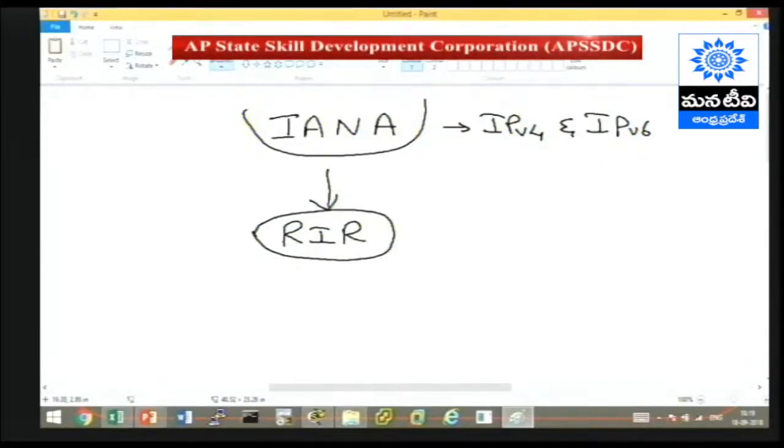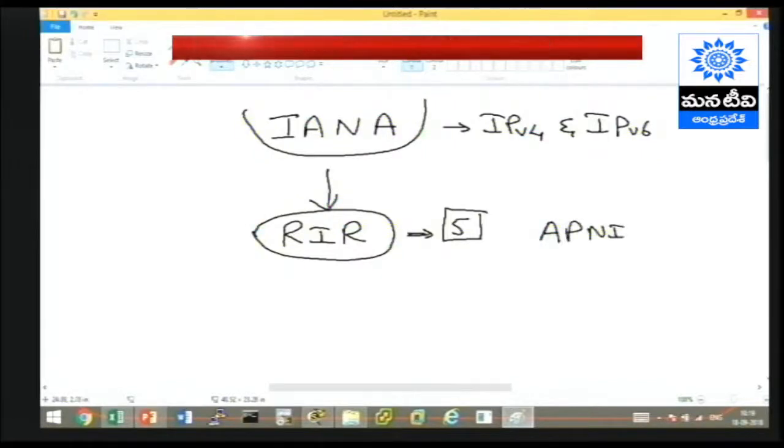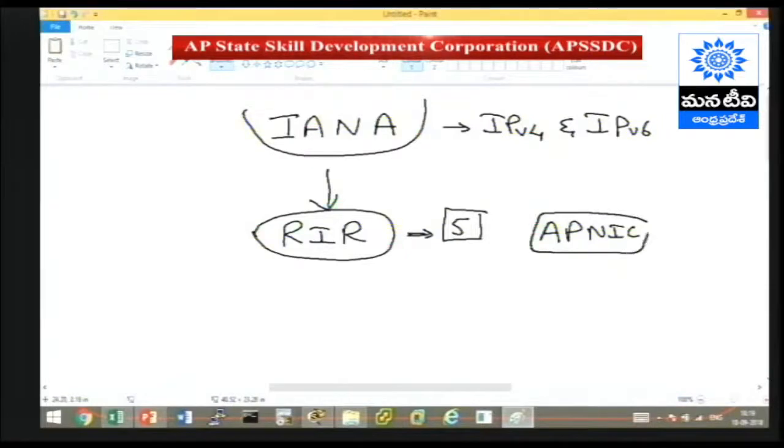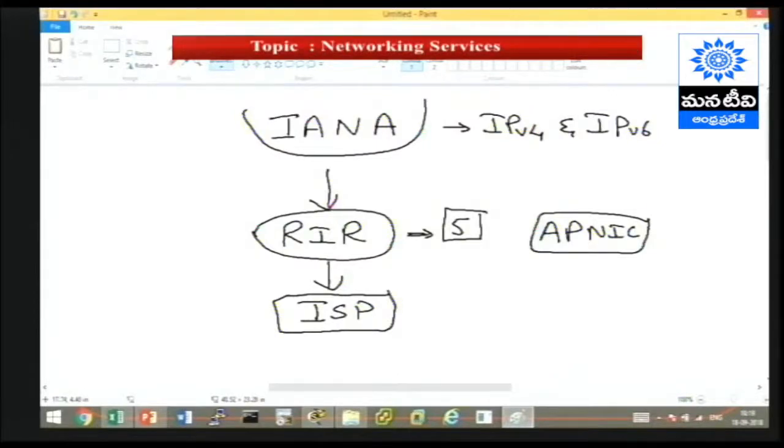There are 5 such global internet registries depending upon the region. So India falls under the category called Asia Pacific Network Information Center, APNIC. We call this APNIC. APNIC is the region where India falls under. So under this RIR are the ISPs across these regions. So if you consider BSNL as one ISP, or Airtel or Tata or Reliance, whoever it is, these ISPs have